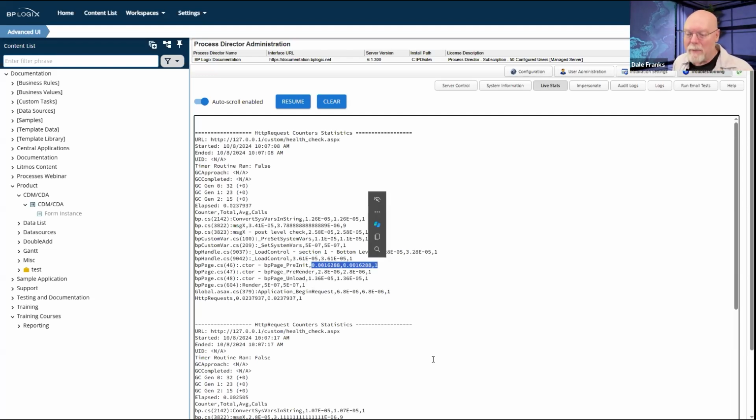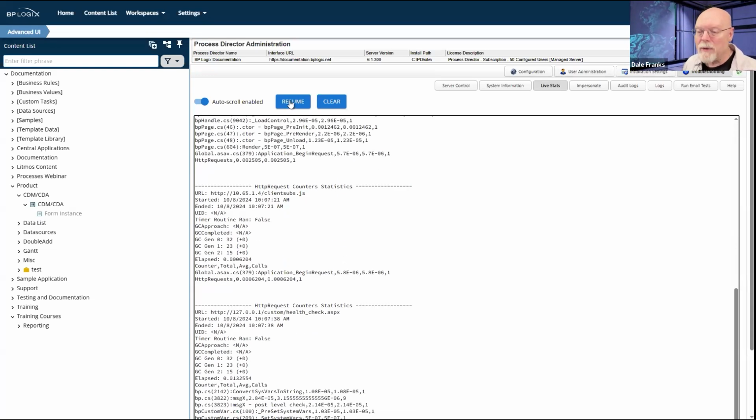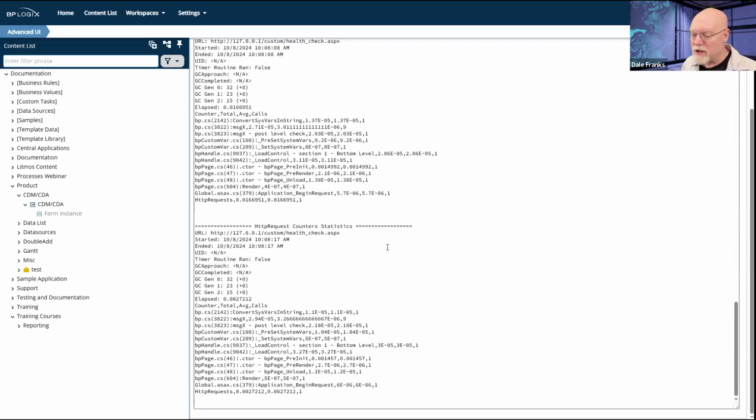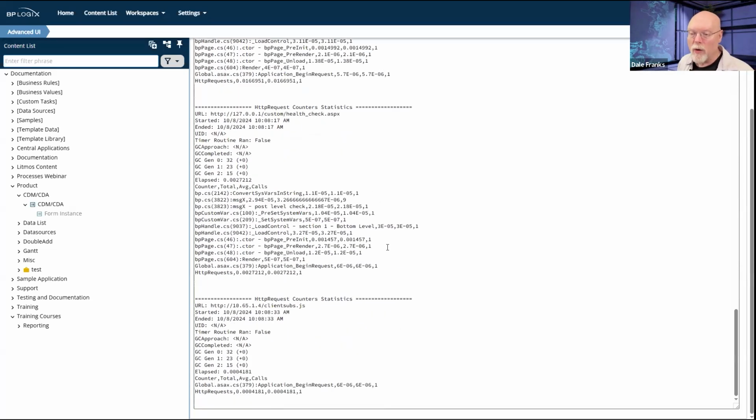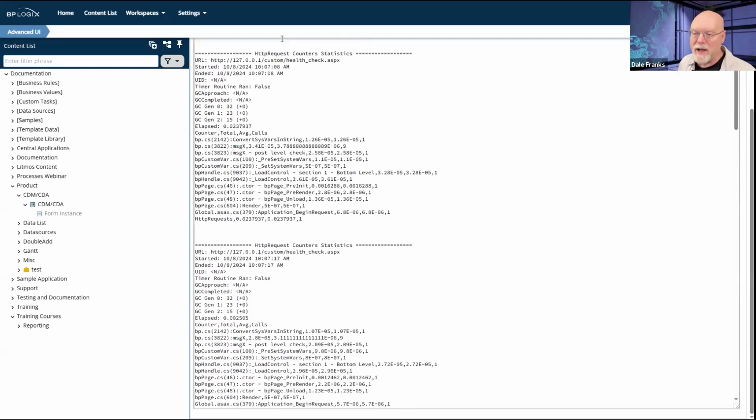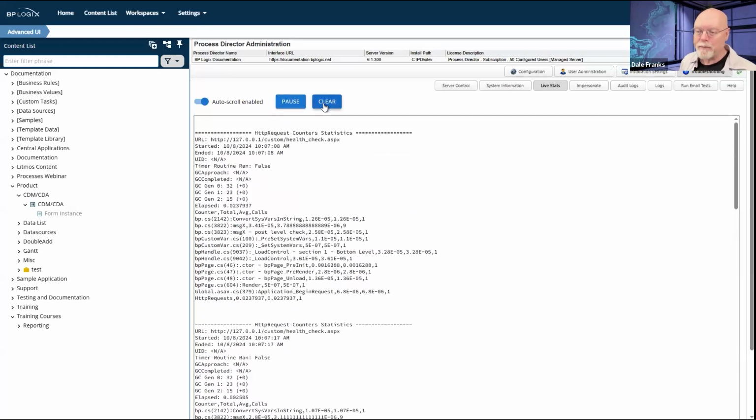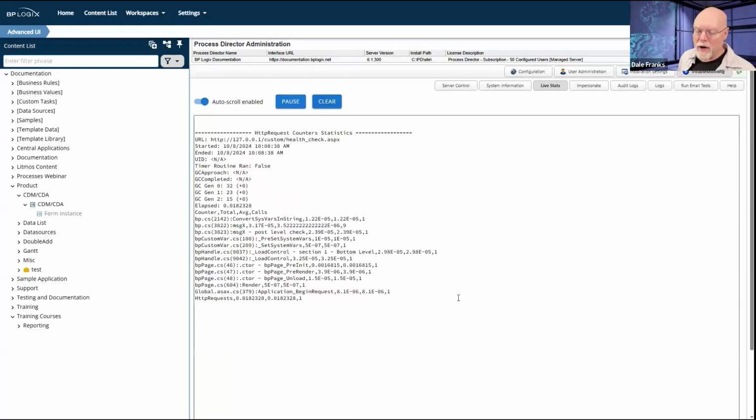So some of them, of course, you can see in just normal time. These are just in 1/1000ths of a second. So basically 16 10,000ths of a second is how long this is happening. And you can just resume this and it will just keep scrolling and scrolling away, or you can pause it as I did just a second ago. You can also hit the clear button to just clear out that cache.